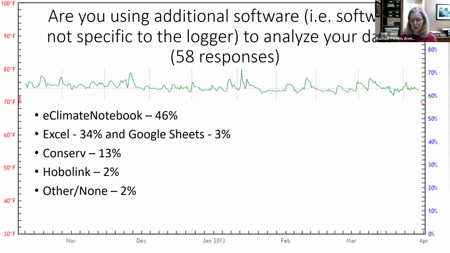And then people who are using Conserve are using Conserve, and others who are not using Conserve may also be loading their information into the Conserve software, which is a feature that they provide. And then some people who are using the dataloggers are using HoboLink, which is the web-based platform as well. And then some are using nothing. So let's just look a little bit at what each of these